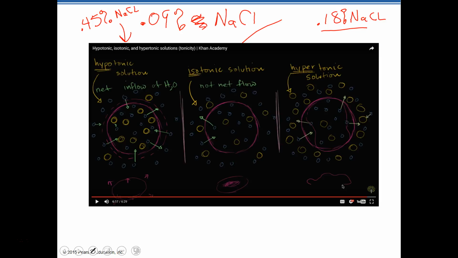Glucose can be very dangerous in high concentrations inside of cells. So what we could do is give them half normal saline, and that makes it a hypotonic solution. So we would wind up with more water going into the cell and basically diluting down the concentration of glucose that's inside of that cell. So that's kind of what happens, and that's why knowing the osmolarity of cellular solutions, or the solutions that we're putting into somebody's body, is important. Most of the solutions that we give people are isotonic.